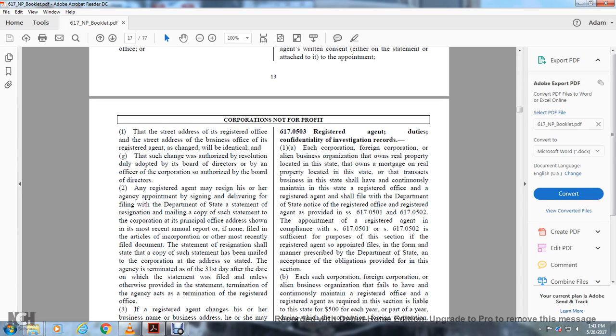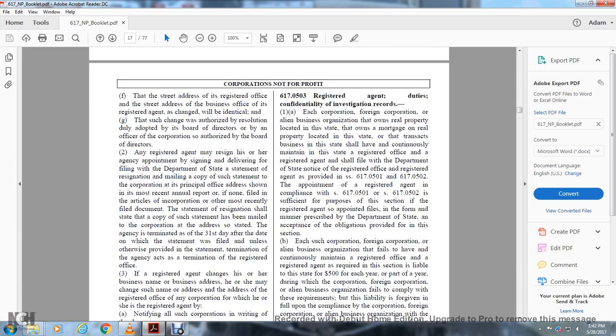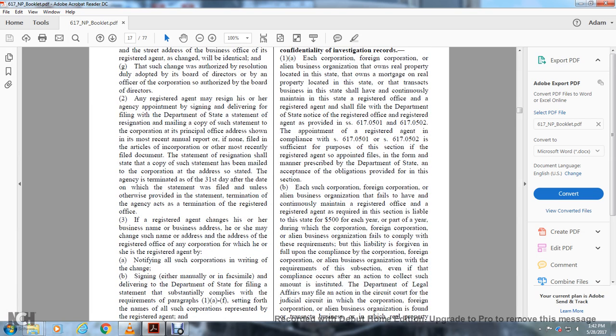Any registered agent may resign his or her agency appointment by signing and delivering to the Department of State for filing the statement of resignation, and mailing a copy of the statement to the corporation at its principal office address shown in the most recent annual report, or, if none is filed, in the articles of incorporation or other most recently filed document. The statement of resignation shall state that a copy of the statement has been mailed to the corporation at the address so stated. The agency is terminated on the 31st day after the date on which the statement was filed,